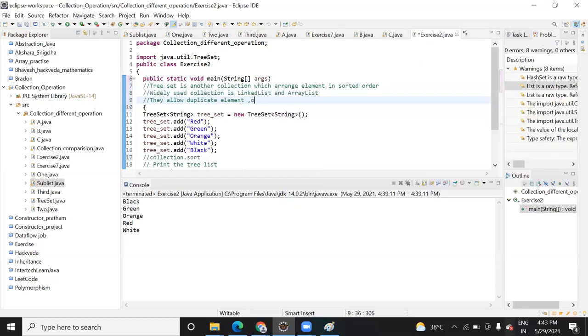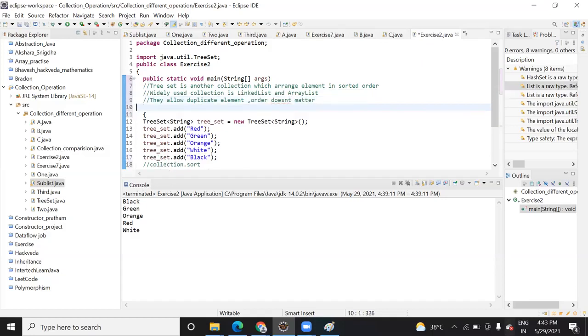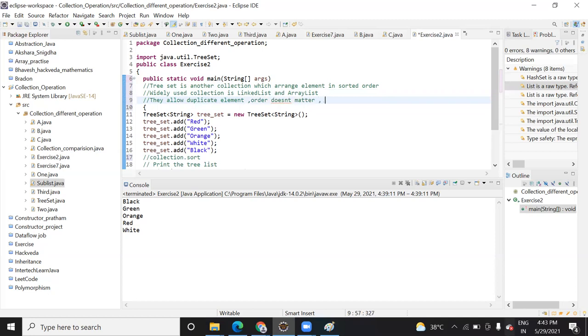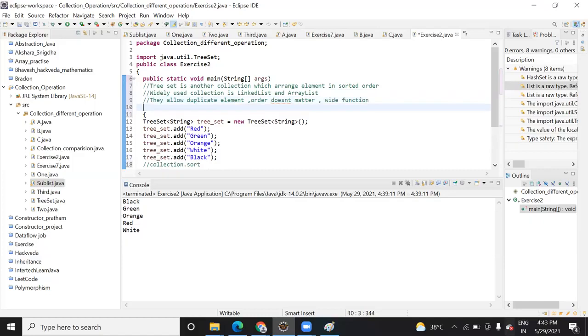Duplicate elements, order doesn't matter, right? And you want wide functions to work on those, then we use it.